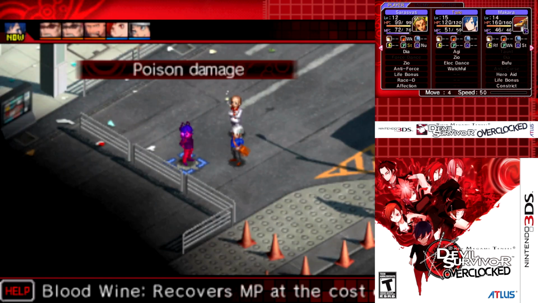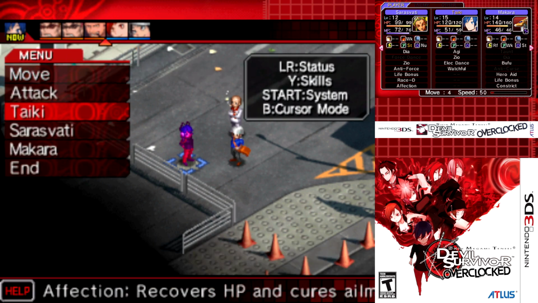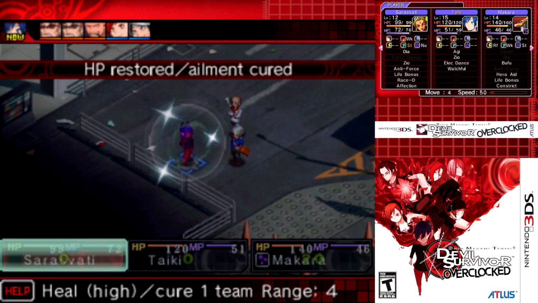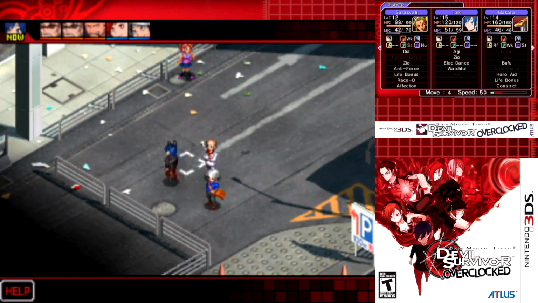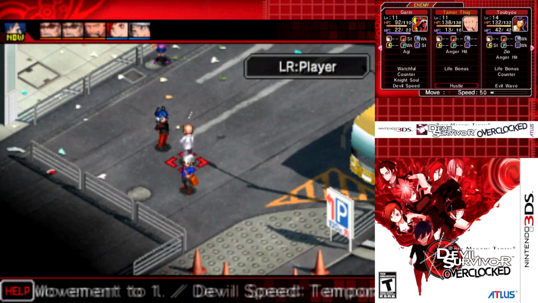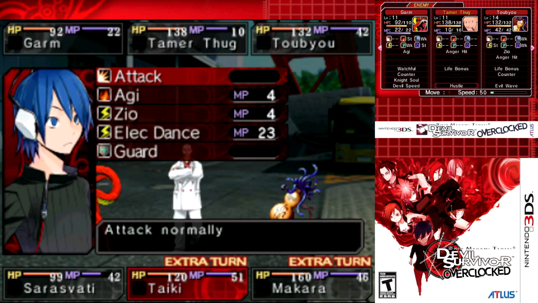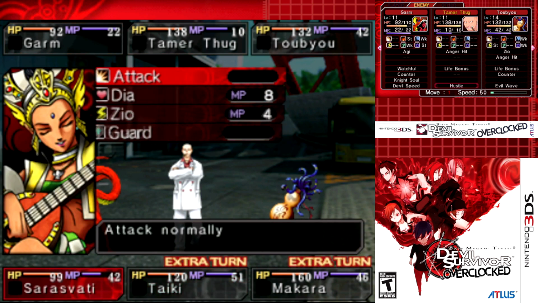Now that my turn's coming around, let me show off Sarasvati's insanely useful Affection skill here. It's very costly for MP, but the effects are amazing. Huge healing, and it cures ailments, and it reaches up to 4 spaces away. Super good, super good. Alright, let's take this guy down a peg. We're going to want to make sure we leave him alive so that Yuzu can clean up and take a Hustle there. It was actually probably not the best move to take...